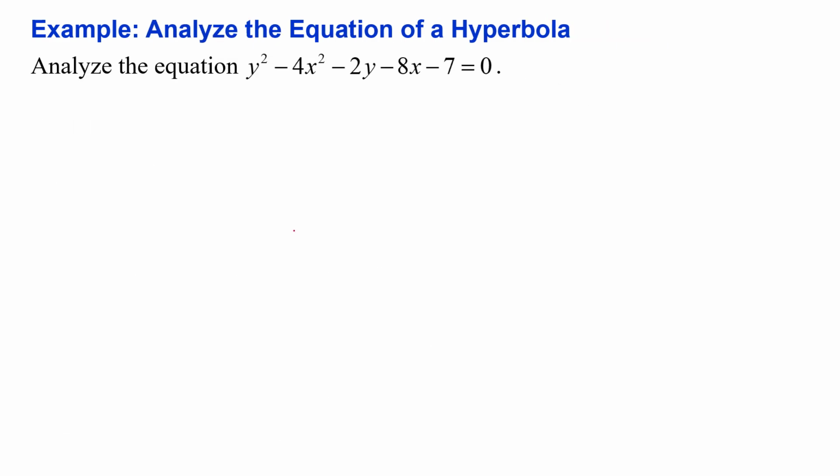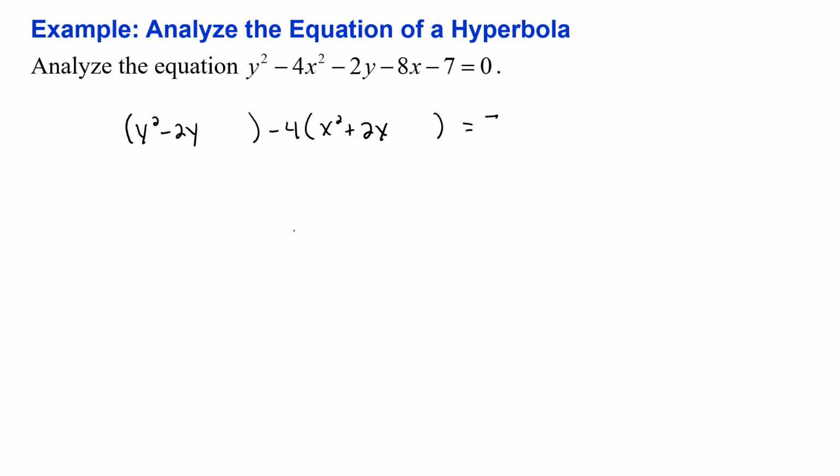In this example, we're told to analyze the equation of the hyperbola y squared minus 4x squared minus 2y minus 8x minus 7 equals 0. Now, the first thing we need to do is put the equation in the general form by completing the squares in x and in y. And we begin by completing the square by grouping the x variables together and the y variables. Also, we need the squared variable to have a coefficient of positive 1. Therefore, we begin by writing the equation as y squared minus 2y minus 4 times the quantity x squared plus